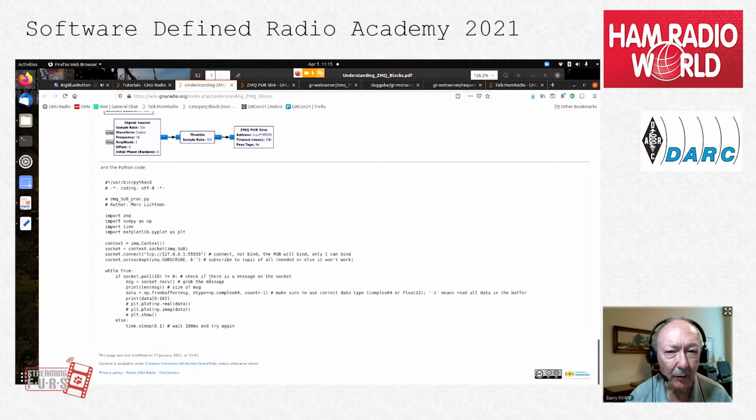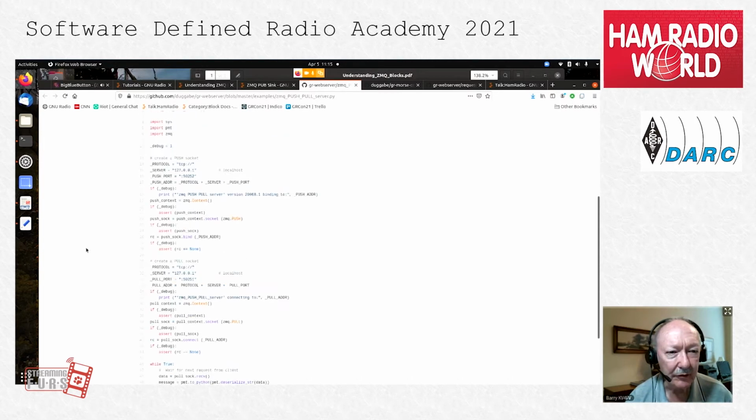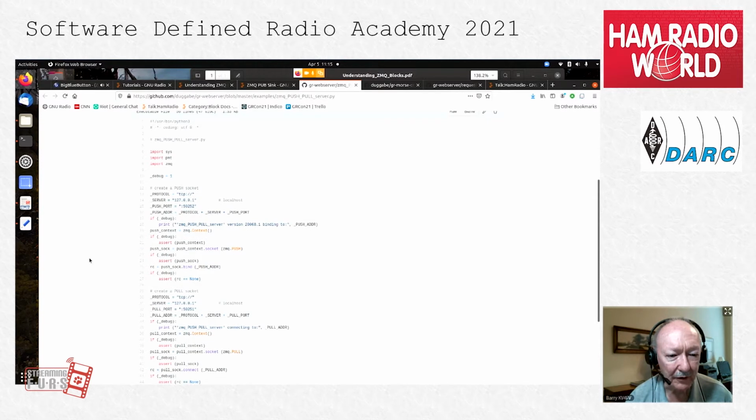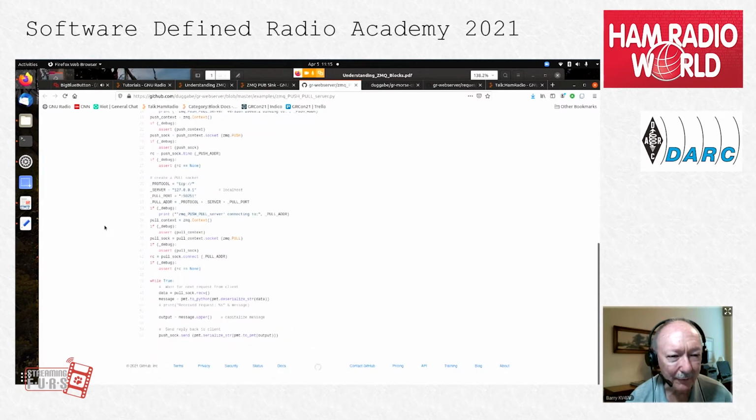Now there's one more I want to show you, and it's very similar to what you saw a while ago. This is a program that we'll be using in a few minutes with a demo, and it's a push-pull server that capitalizes. So it's just like the request reply that capitalized, except using push-pull. This is one I wrote again, so it's basically the same commands. Capitalizes and sends it back out.